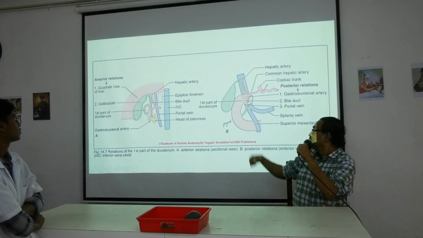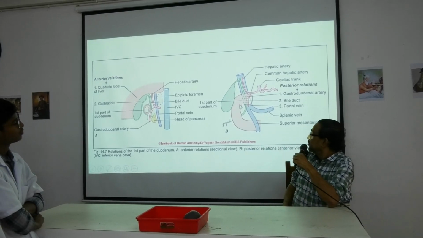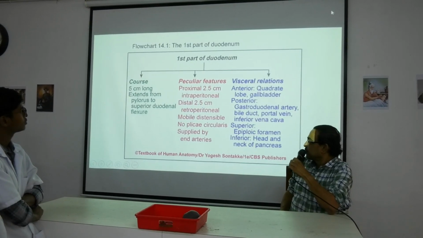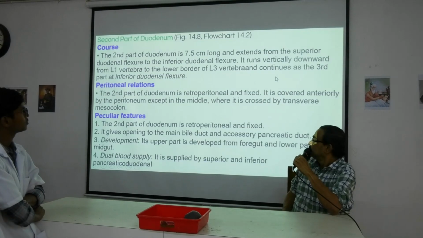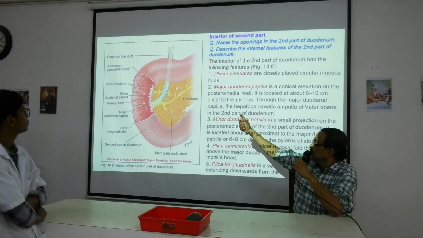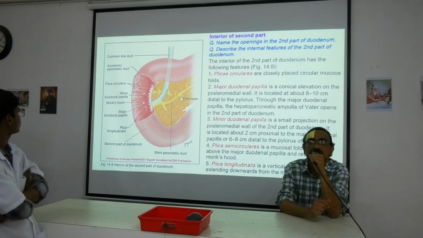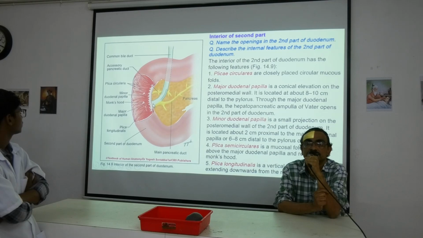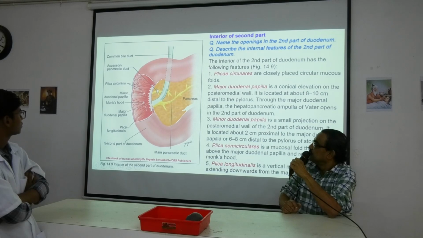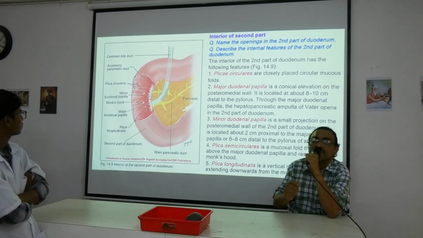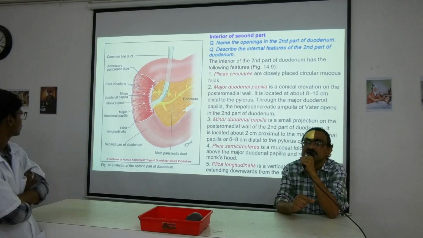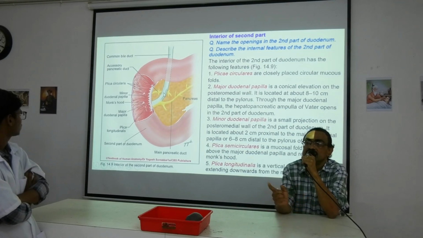We know, we can see the bile duct in the second part of the duodenum. We know that the yellow one is the pancreatic duct, and another duct we can see from above, that is the common bile duct, which comes down, which goes behind the first part of the duodenum, and it goes behind the head of the pancreas, and ultimately this common bile